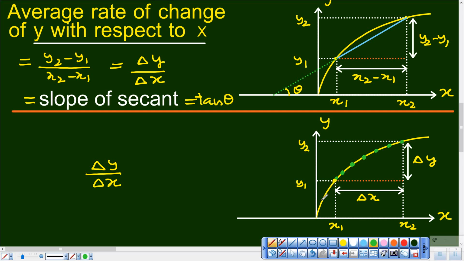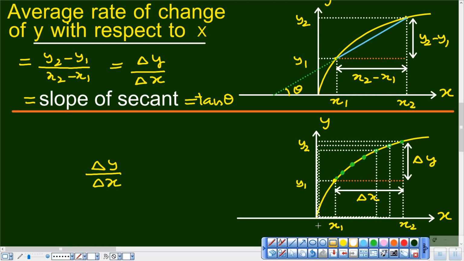Finally, what I'm doing is bringing these points nearer and nearer to this. So my journey is something like that. I'm moving along the curve nearer and nearer, but not at the first point. The second point is brought very close to the first point. Let me undo that. So what I have done in the process is I have been traveling along the curve, and thus both my delta x and delta y are becoming smaller and smaller.